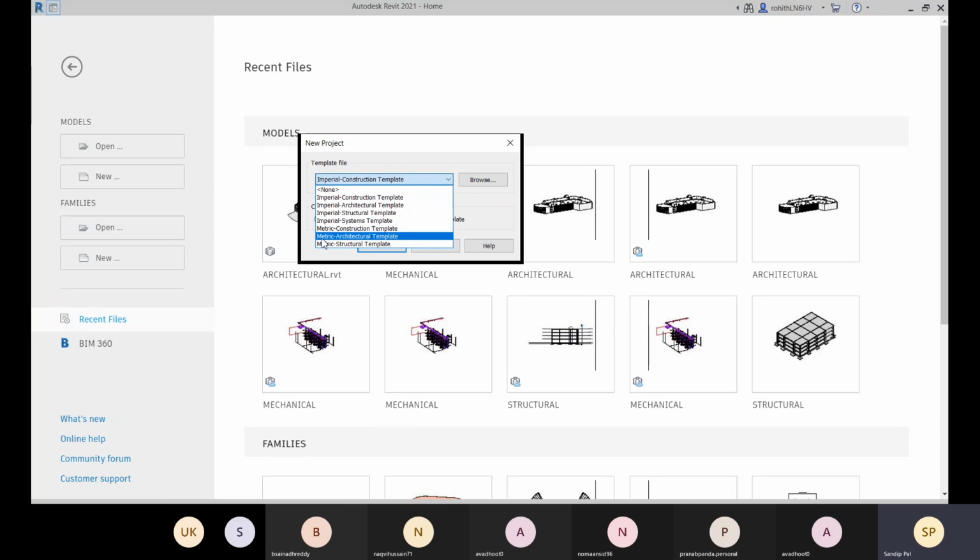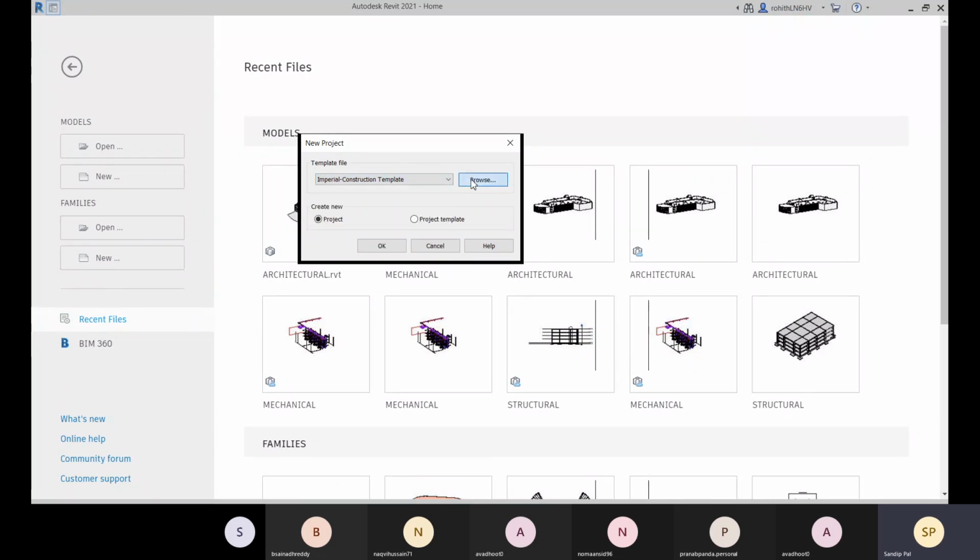You can change it to feet, or the other imperial units, and in metric you can change it to centimeters or meters. For our projects, we also have an architectural template and a structural template. You can choose the right template, and this will help you start your project as soon as you launch it.